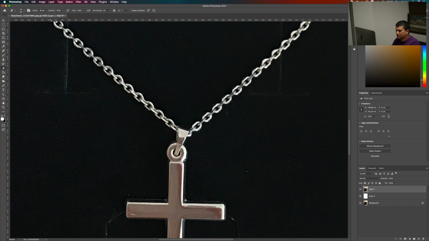Let's lower the brush size. I'm doing it with the left and right bracket keys on the keyboard. Now let's start cutting. I will start from here to maybe here.